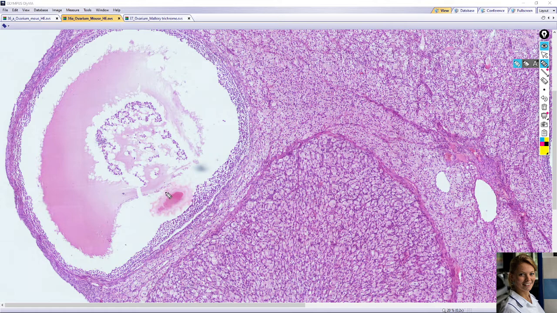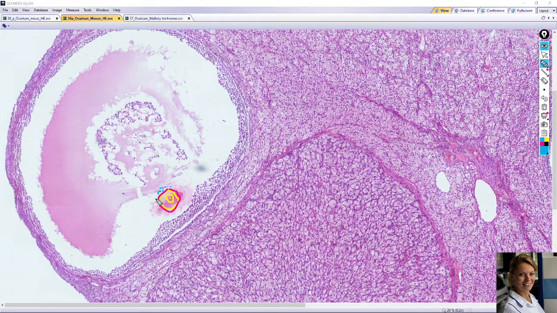Here it's not in the center, it's a peripherally located oocyte with nucleus and nucleolus, surrounded by zona pellucida, eosinophilic layer, and few granulosa cells surround this